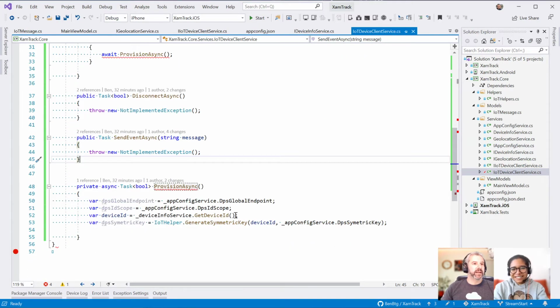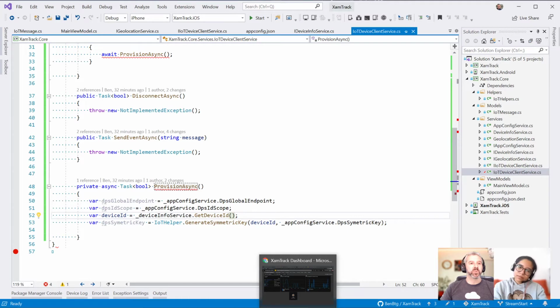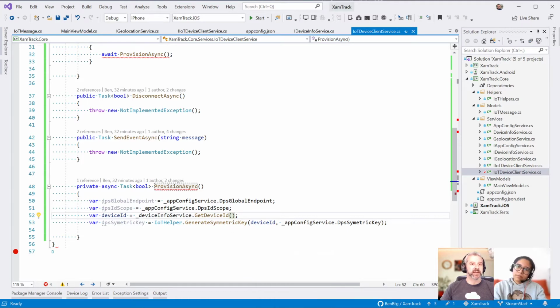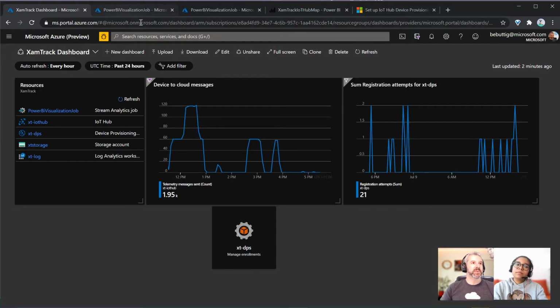And there we should be calling that. At this point we're trying to get hold of the DPS endpoint, so that's storing that value, the DPS ID scope. At this point, it's probably worth showing you what the DPS ID scope is, because I'll just take you to